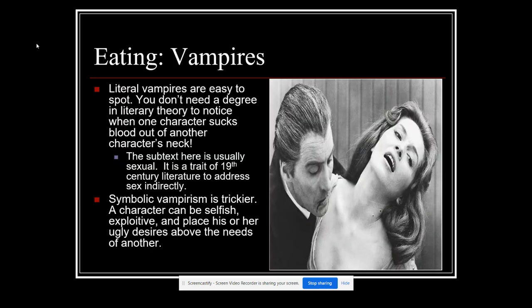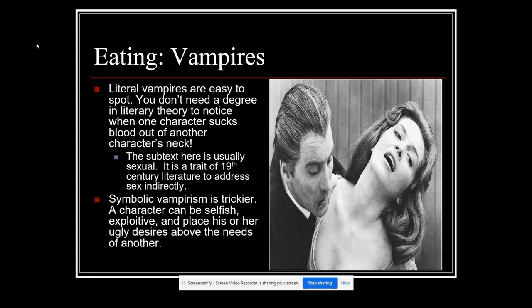Right. Another version of eating is a character that does it in a vampiric way. Now, if you are familiar with books like Twilight or Dracula or any of the other vampire novels, there's many, many versions of this in different kinds of literature for young adults and adults. But a vampire is a monster that literally eats a weaker person to put his own ugly desires first